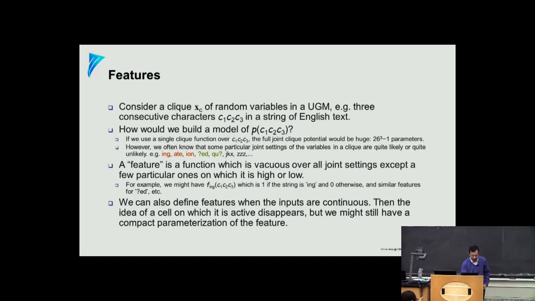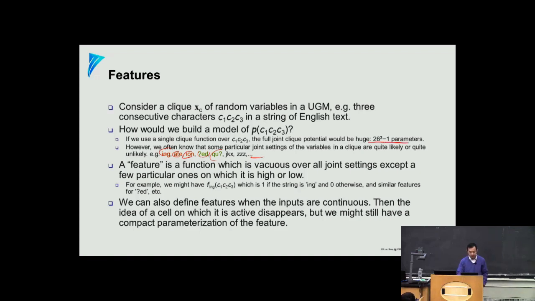For example, ing, ate, and ion, or maybe anything plus ed, and qu after anything. Basically some are more frequent, some are infrequent, and some are probably even impossible that you don't even care to look at them, right? How about we just instead of coming up with this 26 to the power of 3